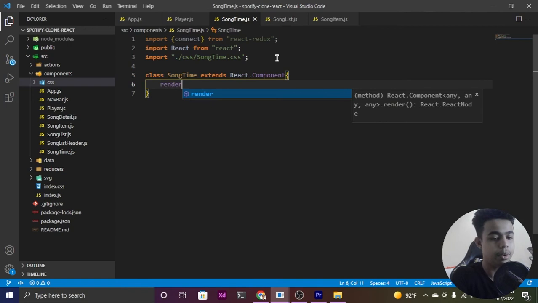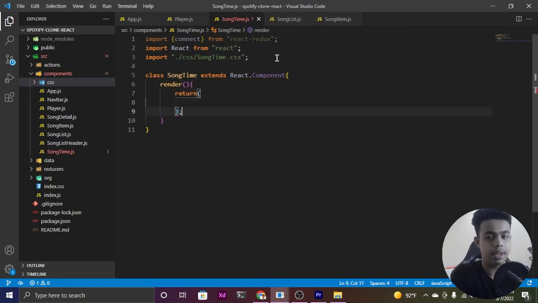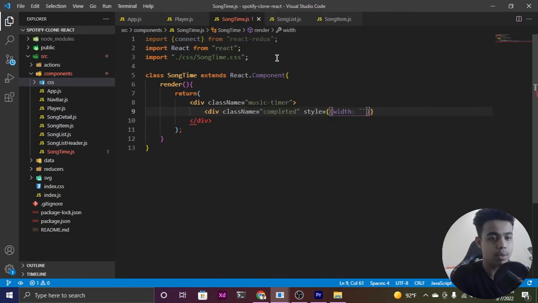Great. And it's going to be rendering a method in which you're going to be having a return statement, and in this return we are going to be having a div which is going to be having a class name, which is going to be music-timer, and in this div I would be having one more div which is going to be having a class name that is going to be completed, and we are going to be having some stylings that we are going to be providing to it, that is going to be the width of the backticks we are going to be using over here